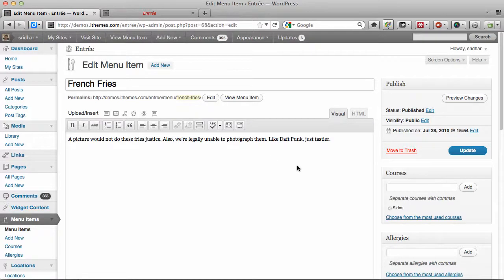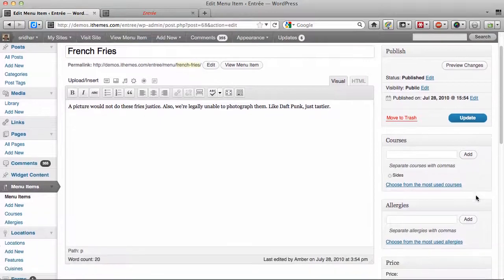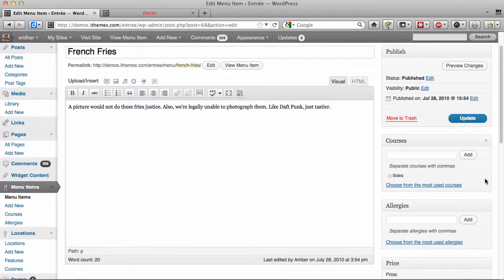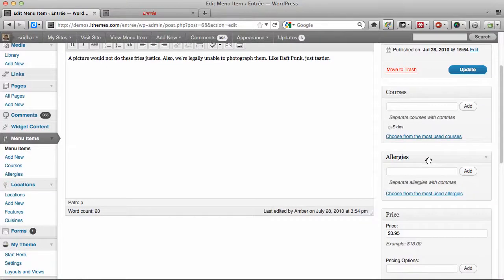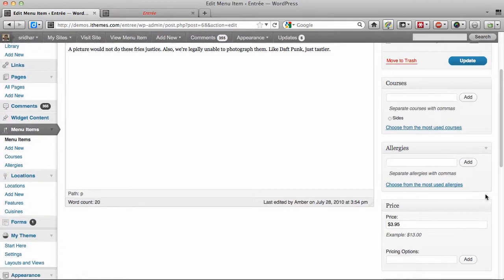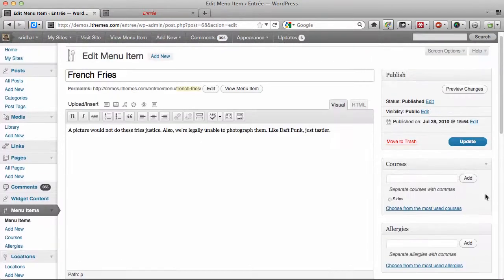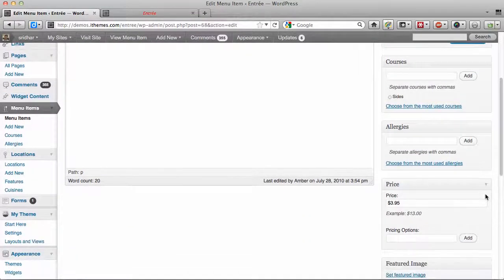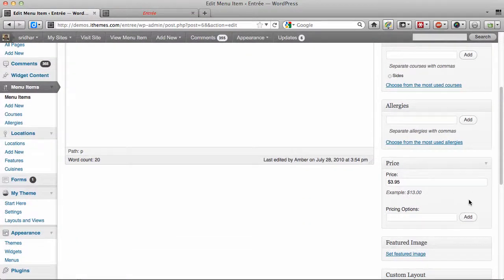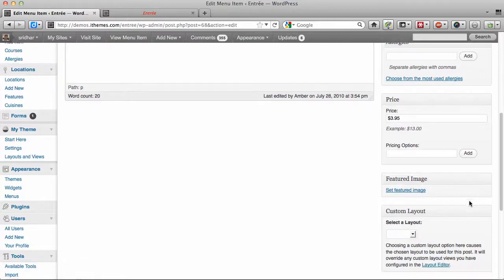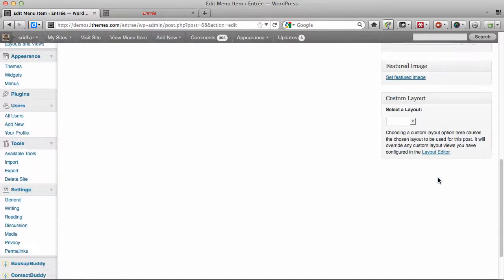This is the content, and courses are again basically tagging for this particular custom post type. LHS is also another type of tags. You can enter the price here and set a featured image.